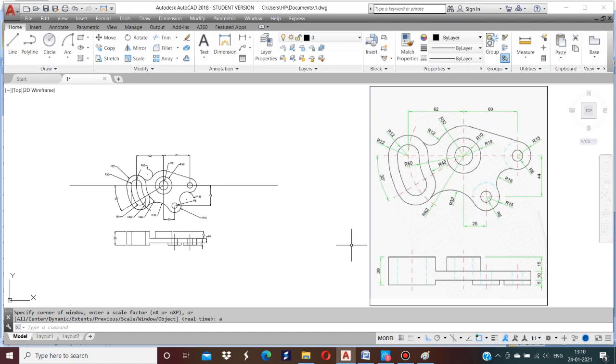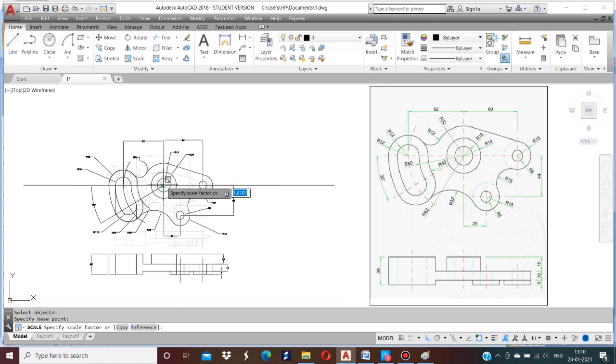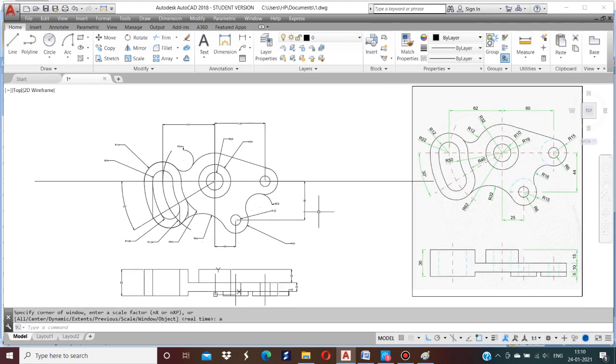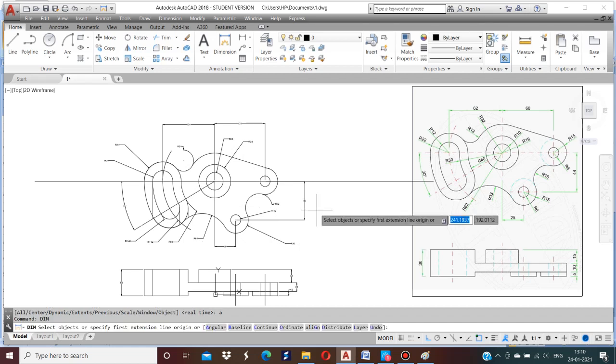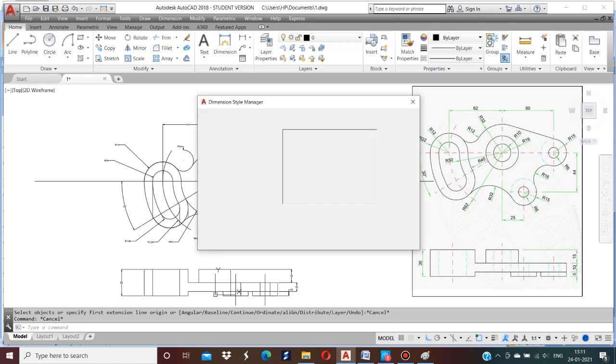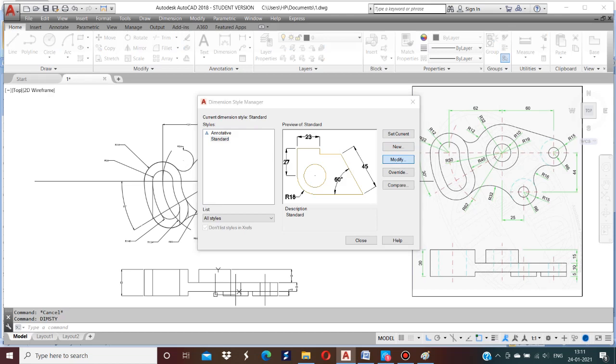Now here I can scale the image. Select object, here center point. Two times I scale this image for a better view. Now the dimension is not visible. Therefore, type dim style. Dim style. Modify.